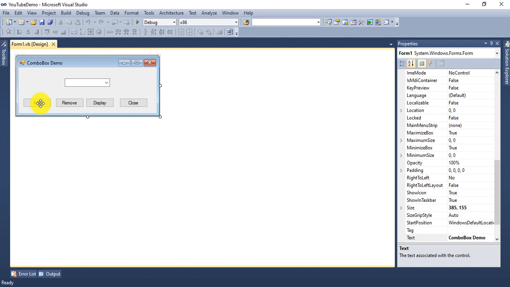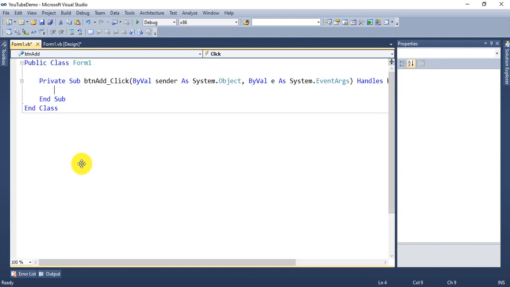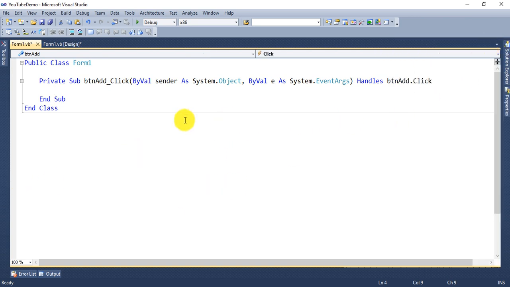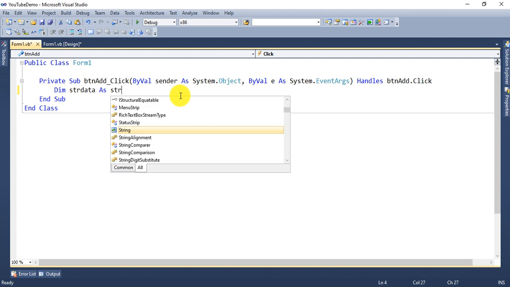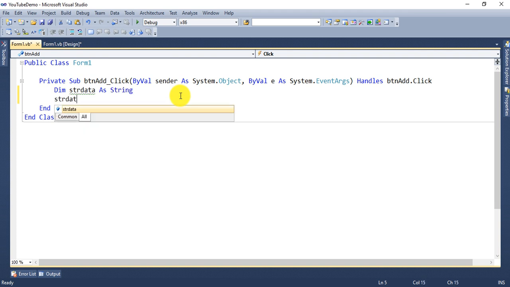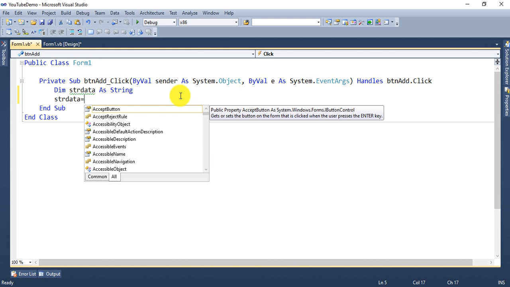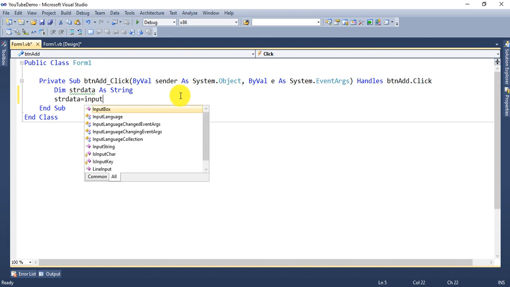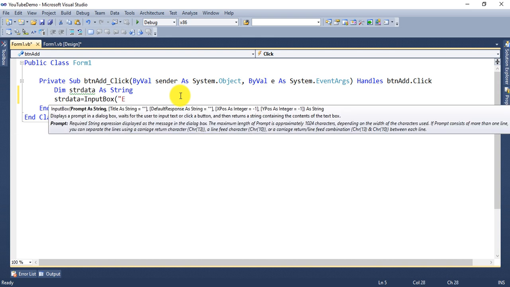First, for addition, we take one input from the user, and the added item will be inserted into the combo box control. We declare one variable, the same coding as in the last video: Dim strData As String, then strData equals InputBox, enter the city name.